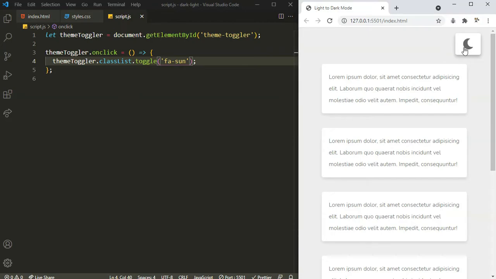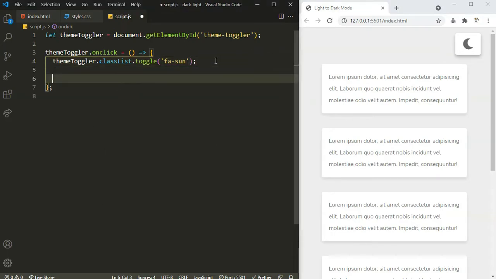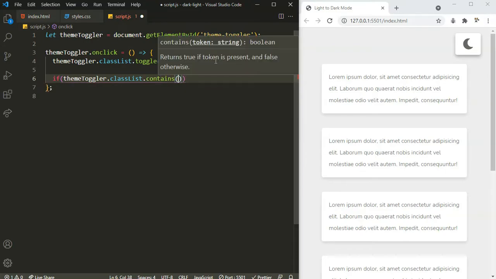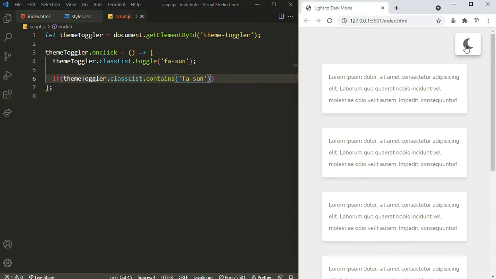So now once we do that, let's actually work on changing the theme. So here I will say if themeToggler.classList contains this sun class. So if I click on it, it is going to turn to sun icon, right? So that means we need to actually turn the theme into black, dark mode, right?